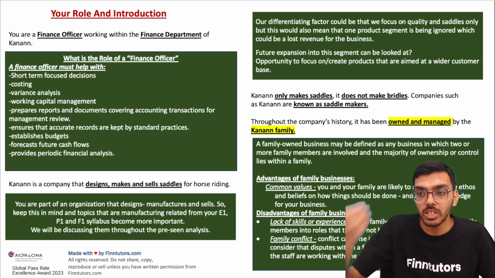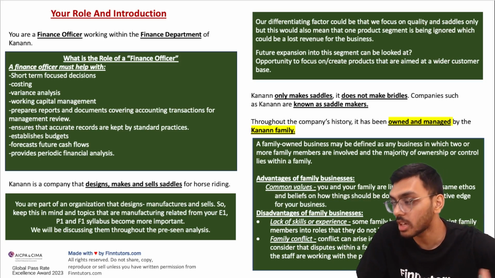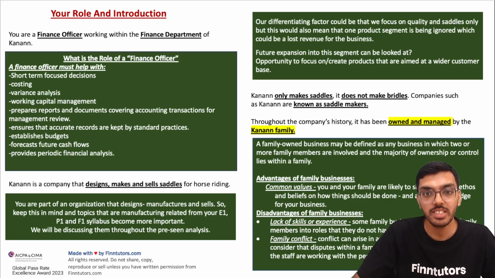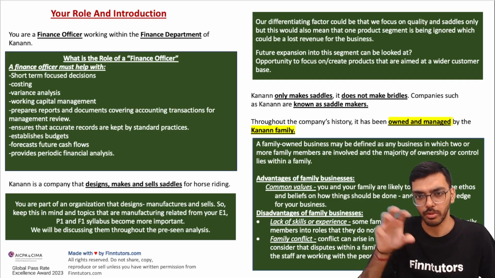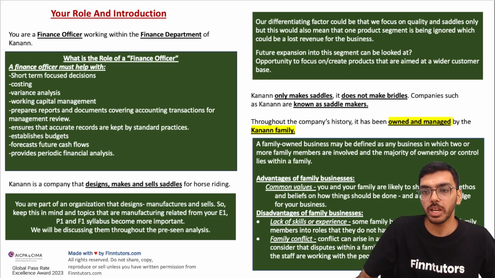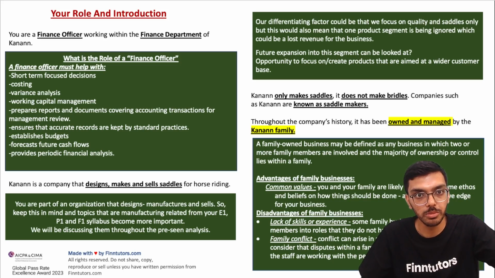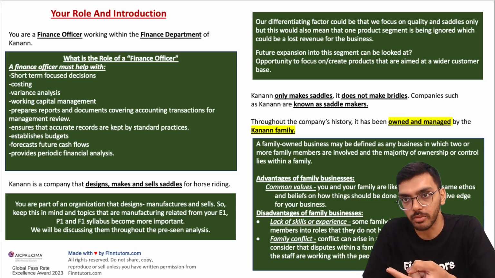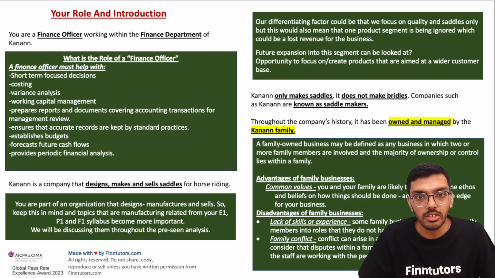So there very much can be a scenario in the exam where they tell you that we are now looking to, let's say, start manufacturing other horse riding equipment accessories. For this, we will need working capital, for example. So how do you think we can better manage our receivables? In the scenario I told you, receivables management you would have done when you did your F1 revision. Automatically, you can combine that and write a good answer.